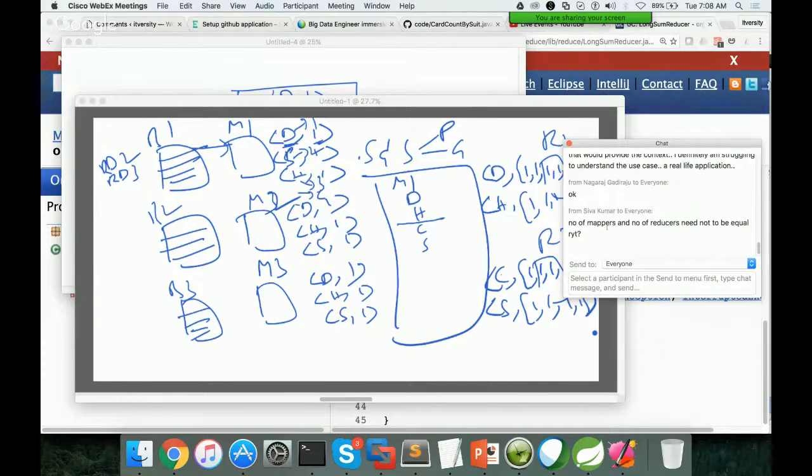The first question from Shiva is, the number of mappers and number of reducers need not be equal, right? Very good question. The number of mappers you cannot set directly. You cannot say, please execute my job with 2 mappers, or please execute my job with 8 mappers. It depends upon the size of the file. If it is a 1 GB file,